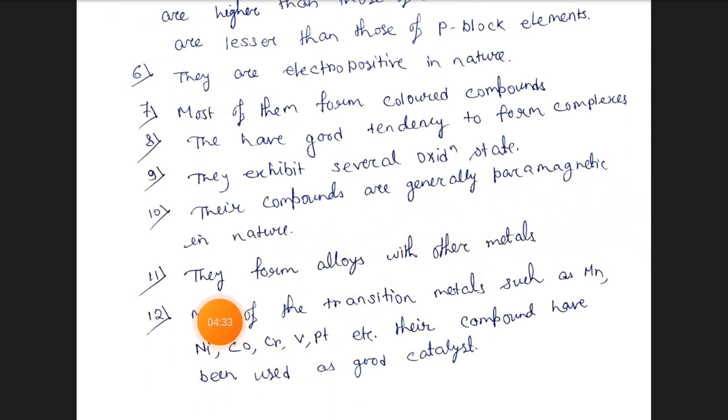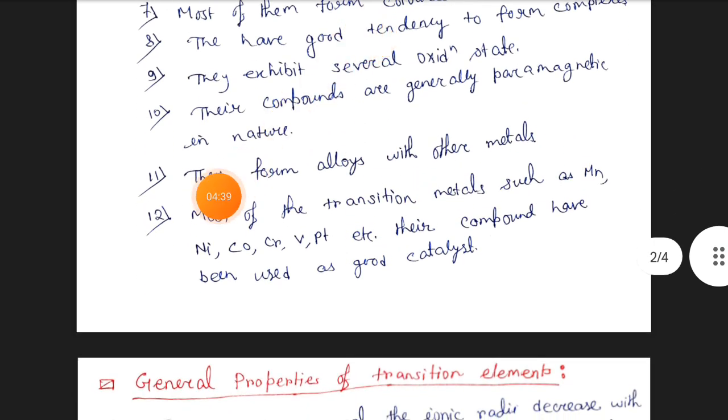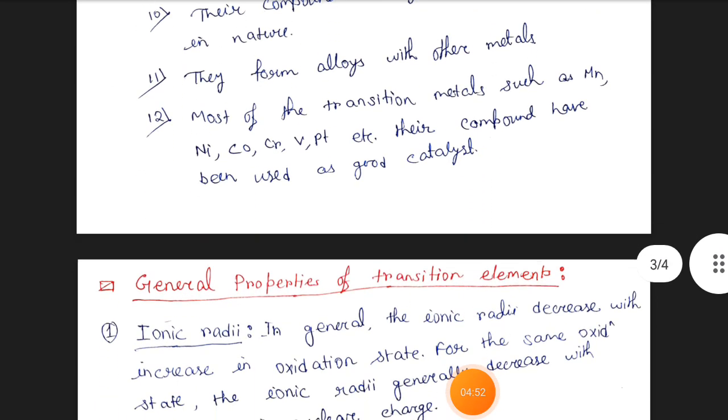Okay, next, they form alloys with other metals, that is brass, bronze, etc. Next, most of the transition metals such as manganese, nickel, cobalt, chromium, vanadium, platinum, etc., are used as good catalysts. Okay, so basically general properties